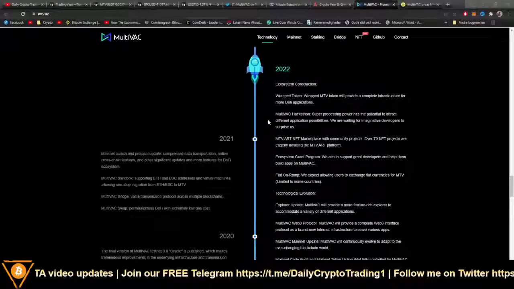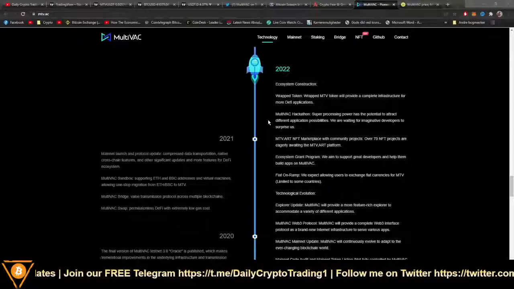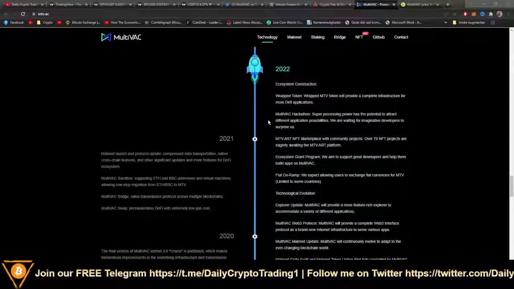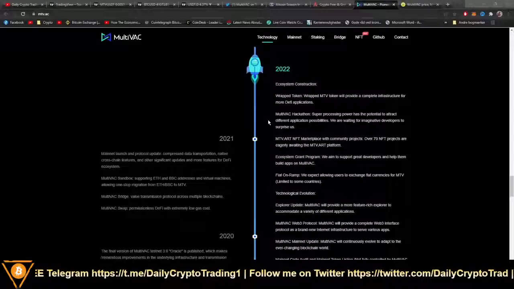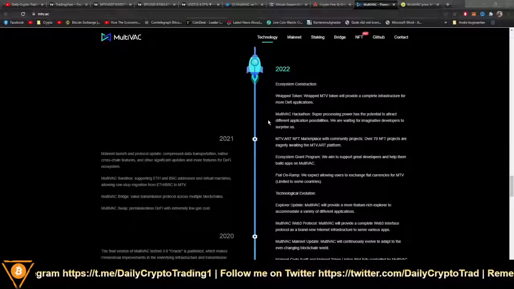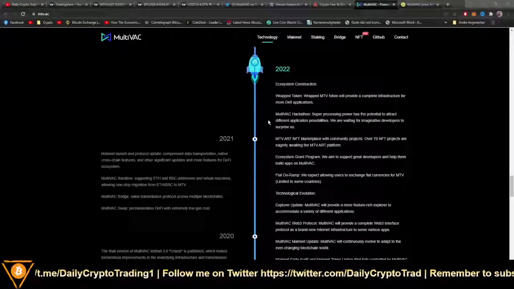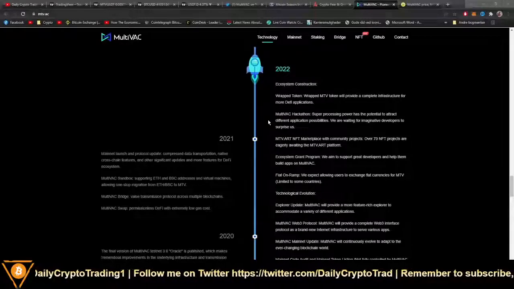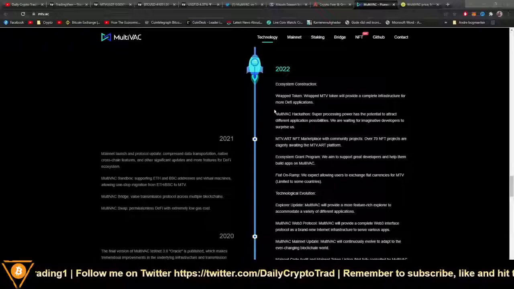However, I do see some unlikable roadmap items. The ecosystem construction, I do like that. I do like to see the wrapped tokens. Now, this is a huge impact in any ecosystem, all right? It's extremely important that you can wrap the token to other blockchains. They will provide liquidity from other blockchains and be extremely great in DeFi applications, right? So this is important. That is what they're working on.